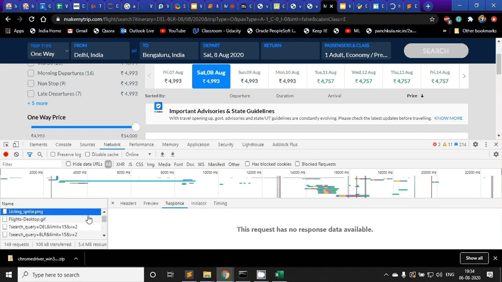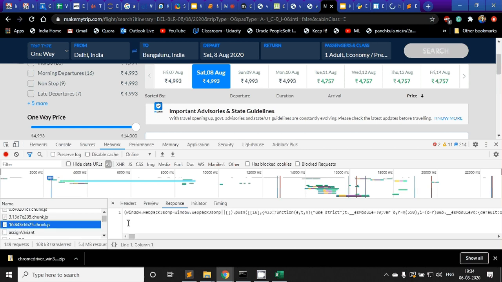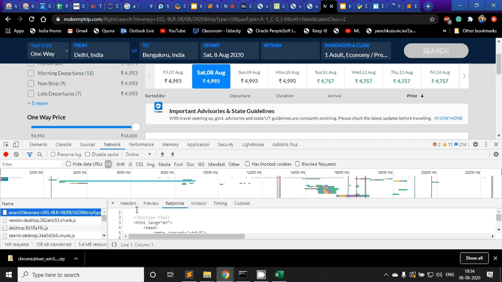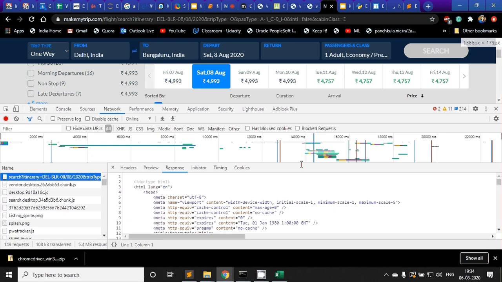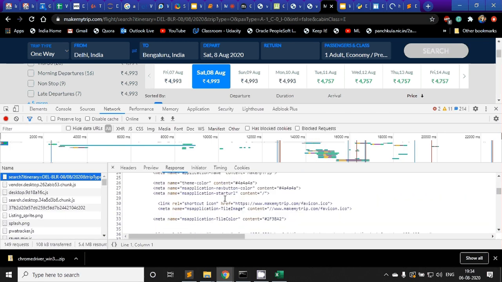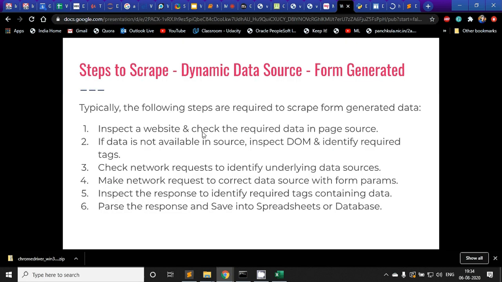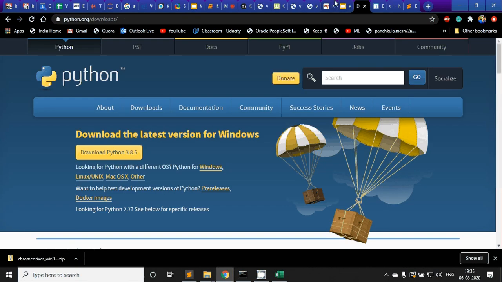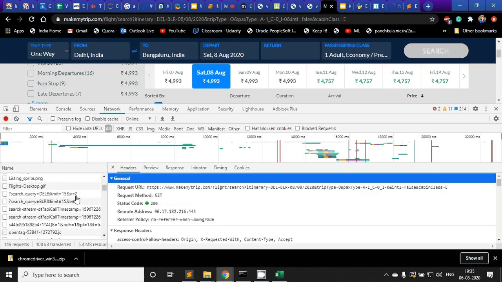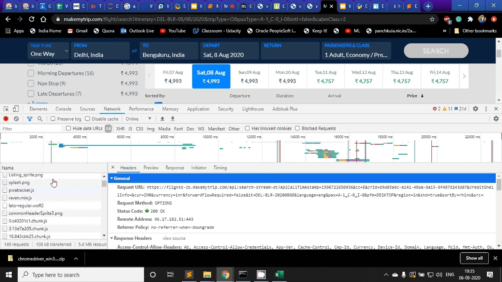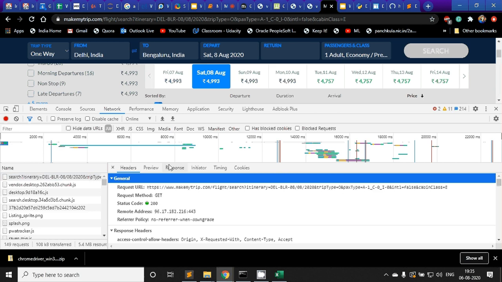So I inspected that the data is coming. I inspected the response and request headers, all of these things. I identified the data source and found that there is nothing special that it is requesting to fetch this particular data. It is simply calling with parameters and this response is coming, which contains all the data. Accordingly, I will make a decision on what to do next.